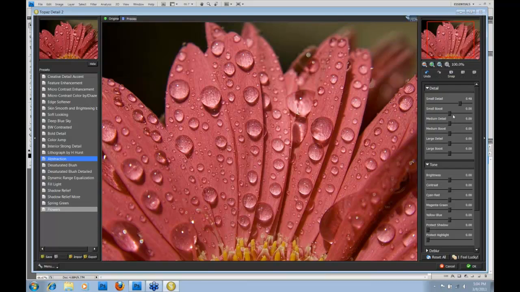So let's see what it does. Let's play with the small detail one first. So I'm going to push this small detail pretty high just to show you how it correlates with the small boost and how strong and intense you really can get with this program. And that's something to not only know but also watch out for. You don't want to overdo it necessarily. So let's put this at 0.75 just to start out with. It definitely brought out a lot of small detail within the veins of these petals and the edges and interiors